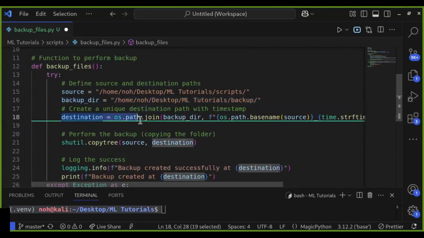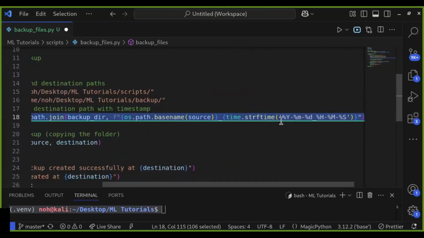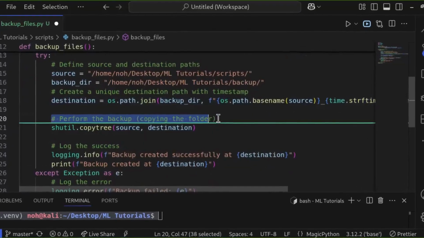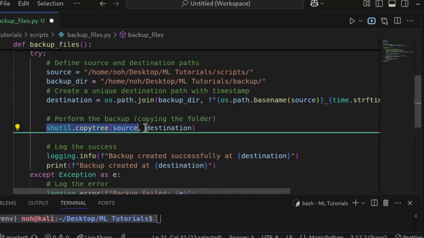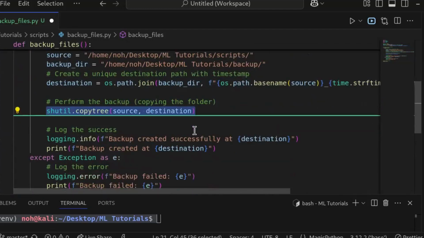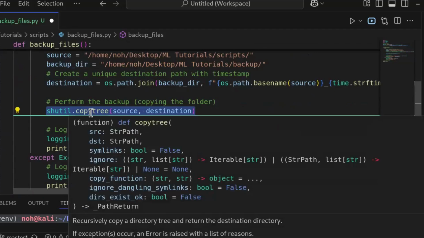This ensures that each backup has a unique name. Now, let's copy the files from the source to the destination using Python's shutil.copytree function. The shutil.copytree function recursively copies the entire folder and its contents from the source location to the backup folder. This way, we preserve the original directory structure.